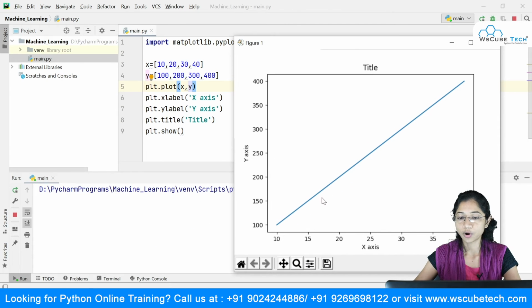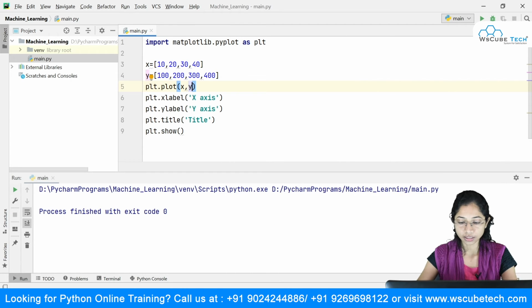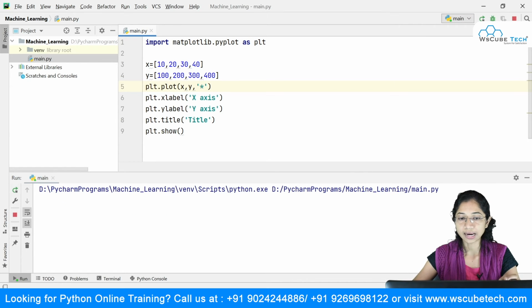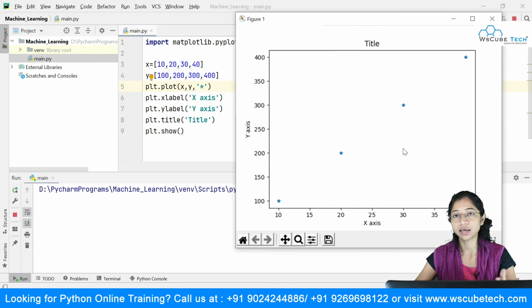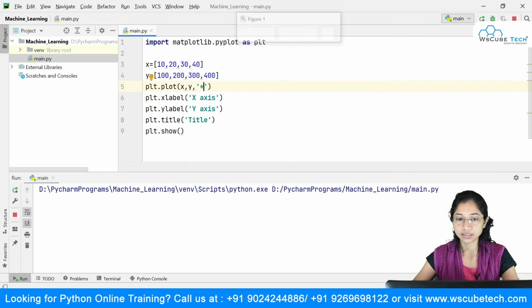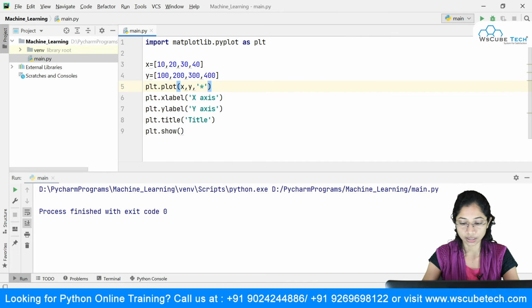All right, so we saw about the marker, we saw about the line style. Suppose I say inside my quotation marks this marker, I'm going to get those markers over here. You can see that I'm getting only the markers, that line has gone. In order to enlarge the size, you can say marker size is equal to, say, 10.